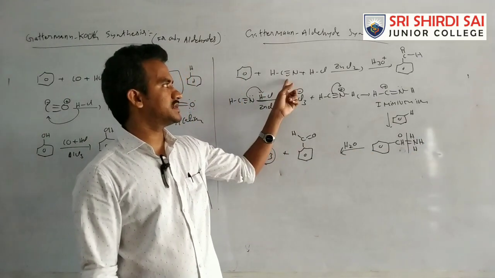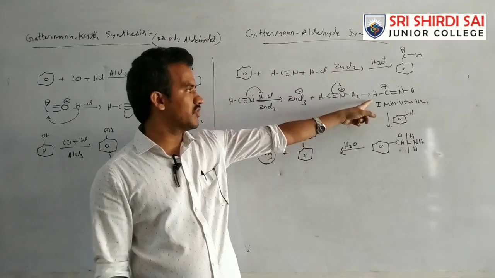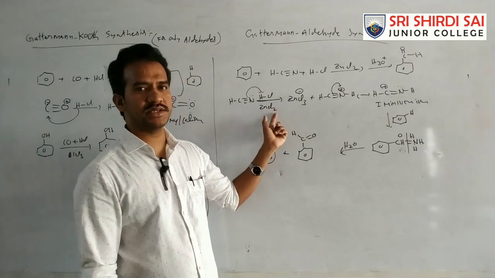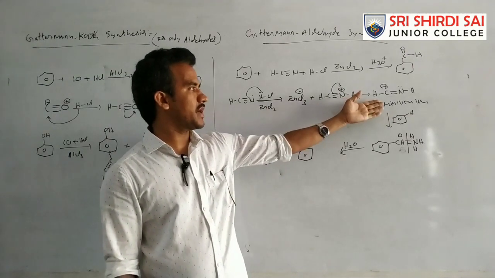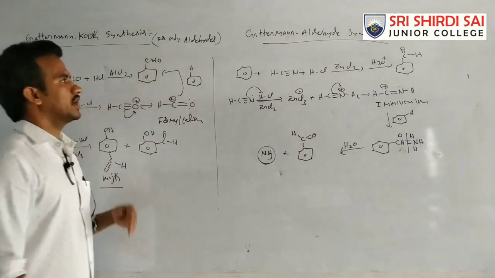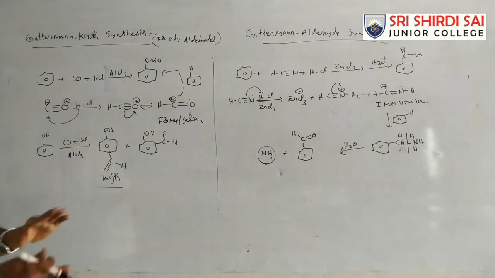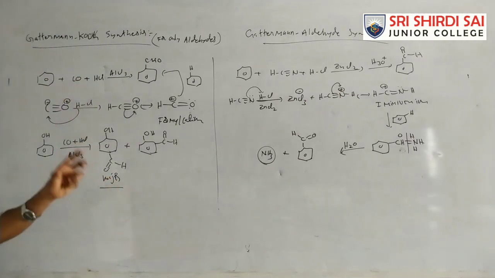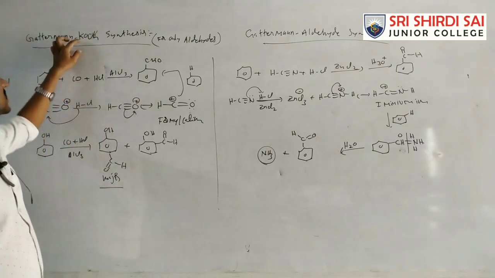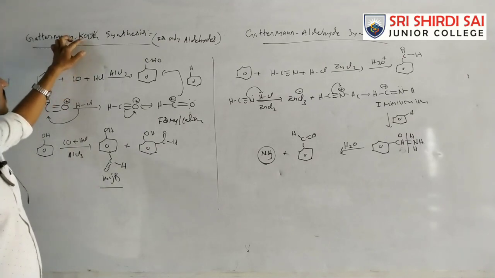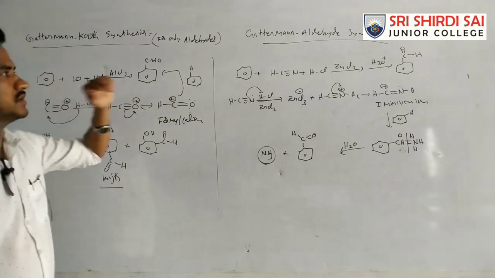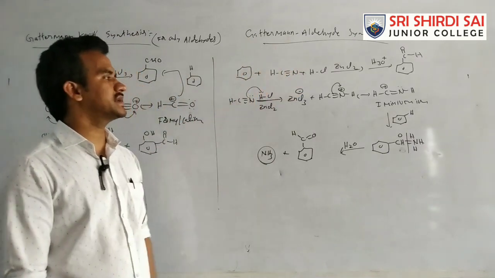Very simple reaction. HCl, ZnCl2, imine formation: first an acid base reaction, then Cl minus is removed by ZnCl2. Imine formation, and the iminium ion, the electrophile, attacks the benzene, followed by hydrolysis. The Gattermann aldehyde synthesis and Gattermann-Koch synthesis are both similar; the product is the same but the reactants are different. CO means Koch, a small point to remember: KO, CO, to avoid confusion. Carbon monoxide is Gattermann-Koch, and HCN with HCl is Gattermann aldehyde synthesis.